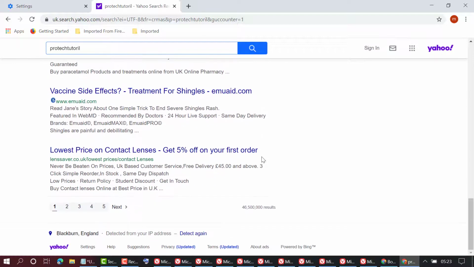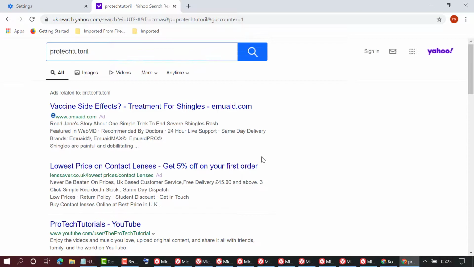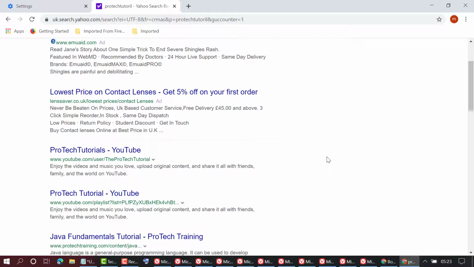So this is, friends, the quick method we can change the default search engine in Google Chrome, and also we can set Yahoo as default browser in